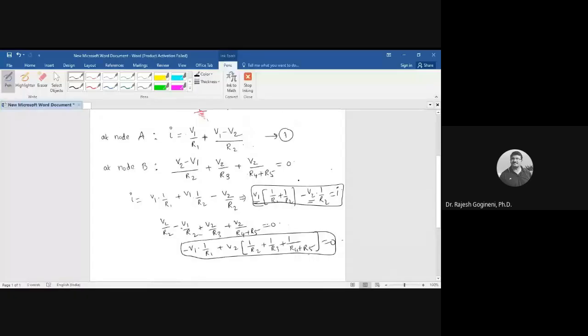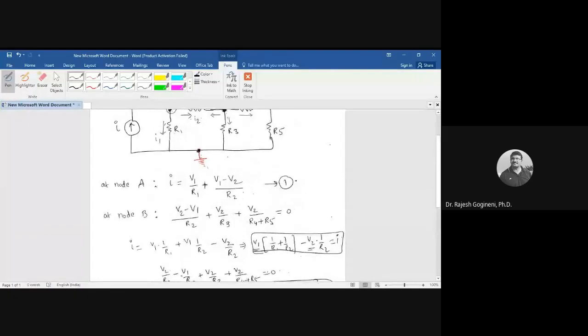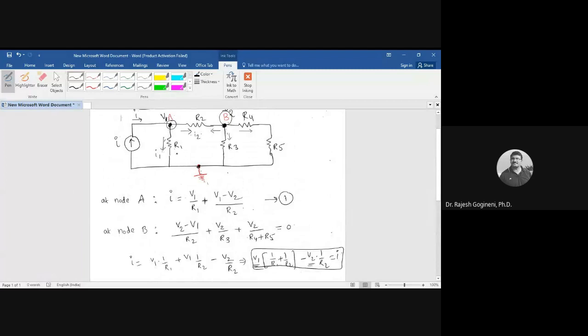So from this we can find all the currents also. So from this we can find I1 is V1 by R1. So if you know V1 and R1 is given,